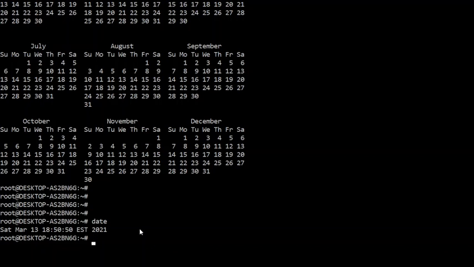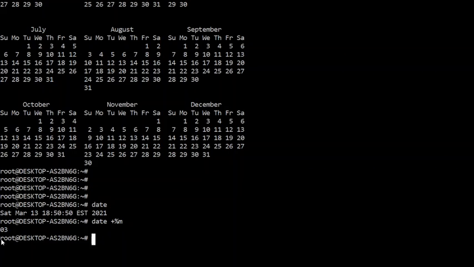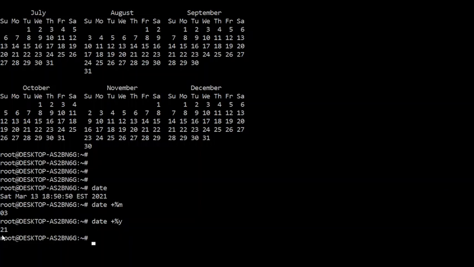Now if I want only the month, then I can type date plus %m. So it's going to give me the current month. Similarly for the year, if I want, it's going to give me 21.